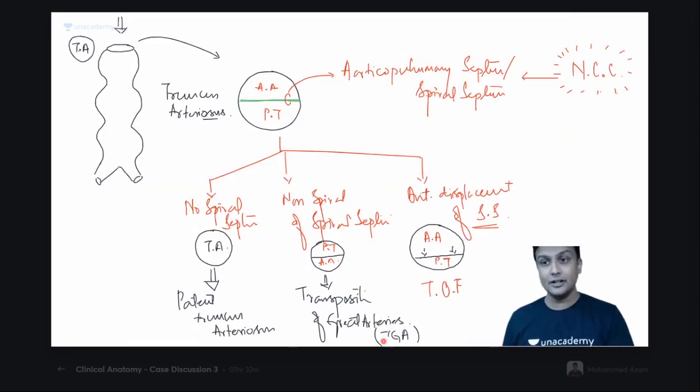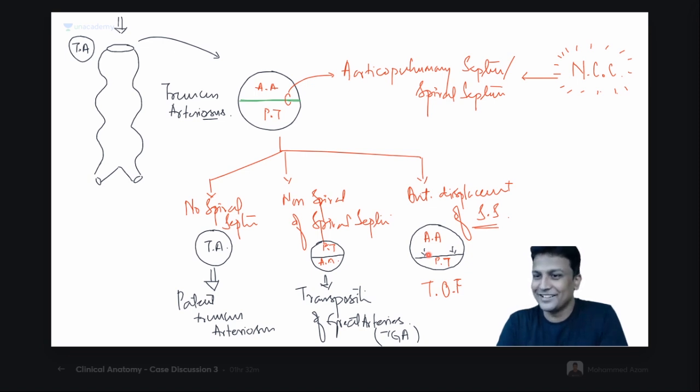And the third condition, anterior displacement of the septum. Septum is anteriorly displaced. And that is why what is going to happen, guys? Narrow pulmonary trunk, whereas a wider ascending aorta, overriding of the aorta, and all those, I'll tell you in that one. That condition is known as tetralogy of Fallot. Is it okay? I think everyone is comfortable till here.